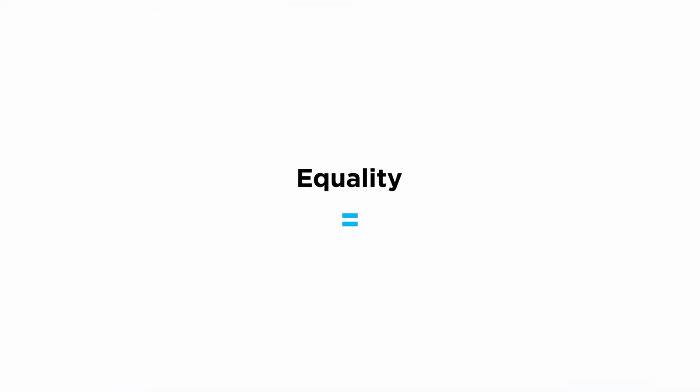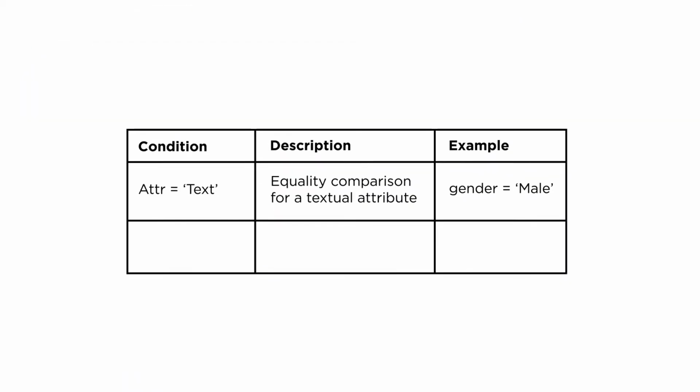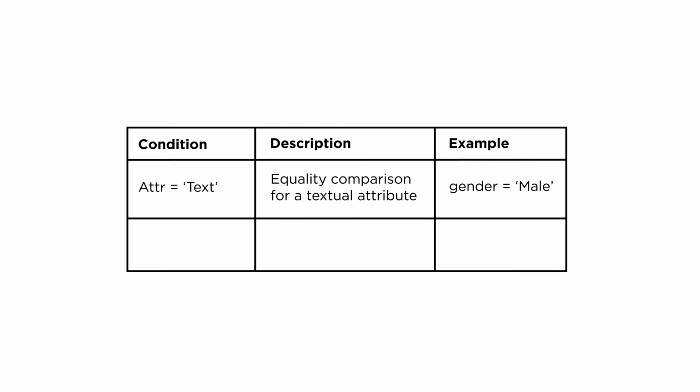We are going now to spend some time discussing various types of conditions for the where clause, but let's start with a simple form of a condition, which is an equality. When we have an equality condition, we compare an attribute to a particular value, and we ask the query to return back only rows for which this condition is true. So, for example, we might have a condition gender is equal to male, which specifies that we want back rows from the table where the attribute gender has the value male.